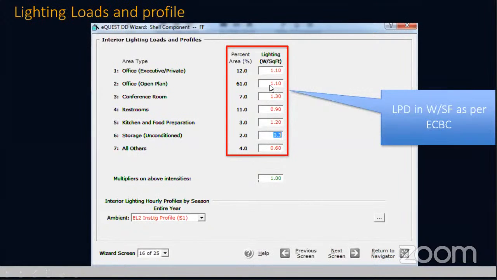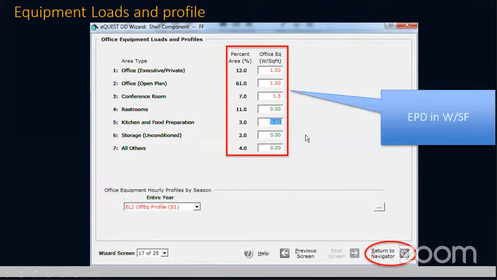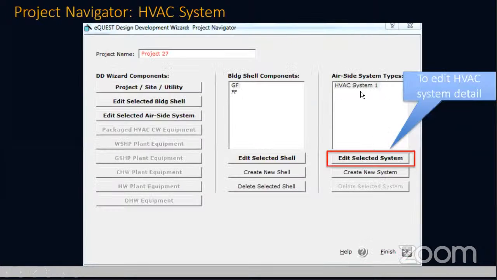go to the lighting power density part. For first floor also, you may substitute the LPD value and select the equipment density. Once you have created ground floor and first floor, you can click on HVAC system to edit HVAC details, because we have completed the first part, building shell components, and the second part is you have to edit the HVAC system,